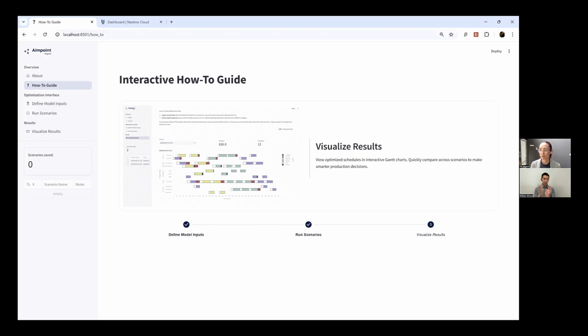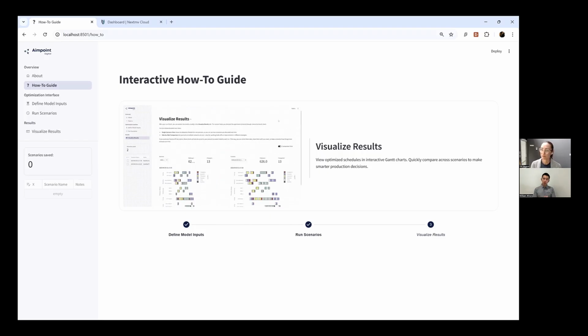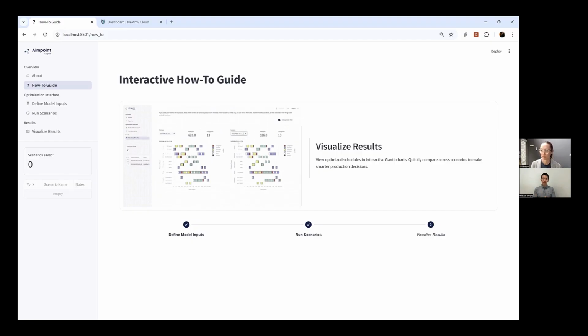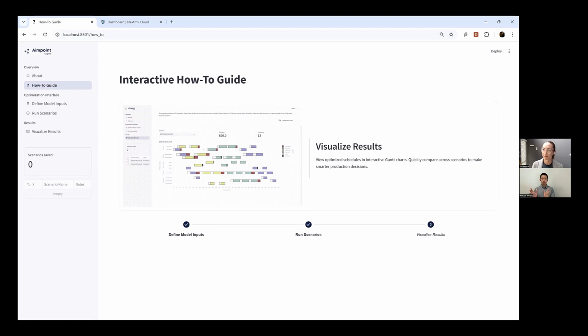This collaborative approach means analysts can run their own what-if scenarios, validate results against domain expertise, and iterate quickly with operations teams, right? The beauty is that analysts basically get this self-service capability